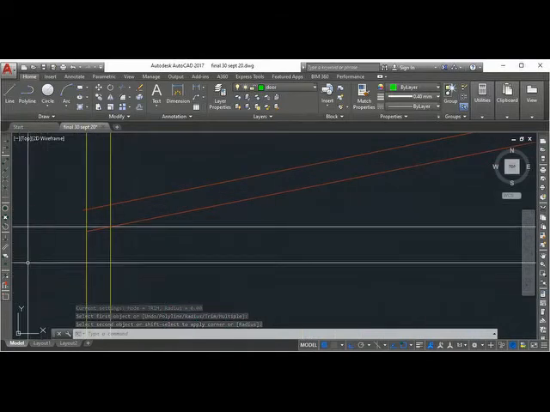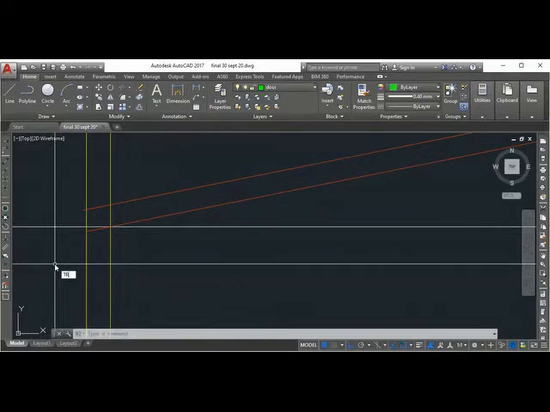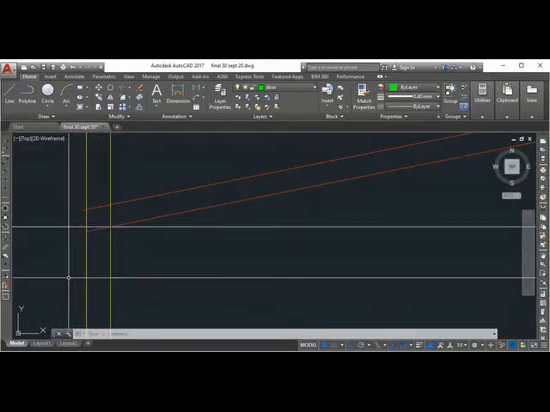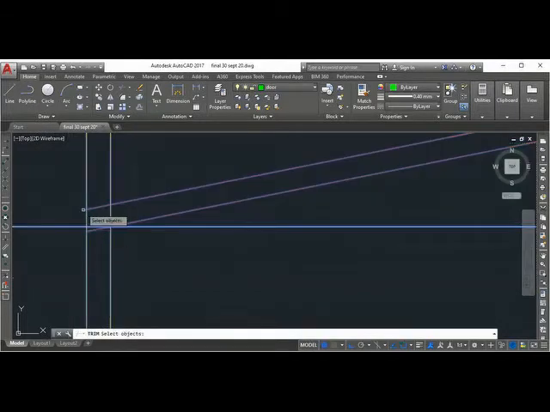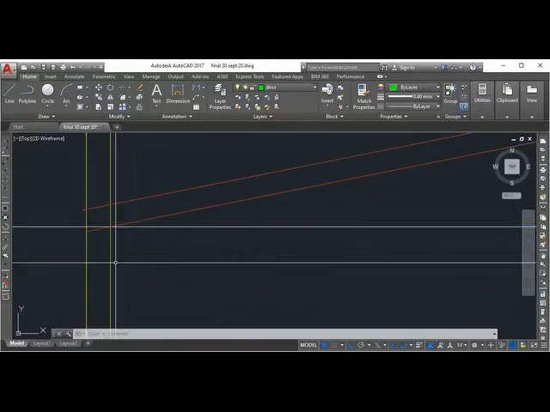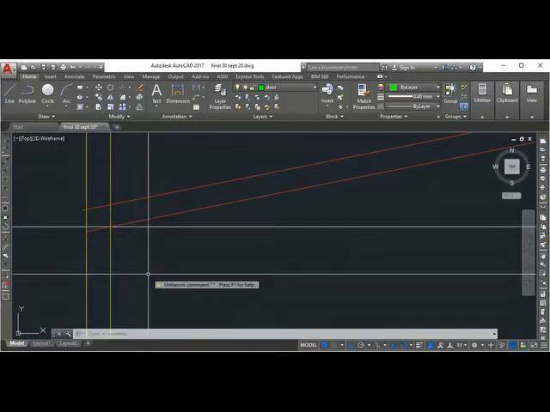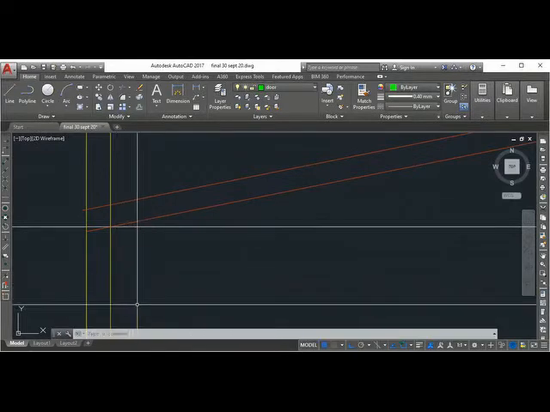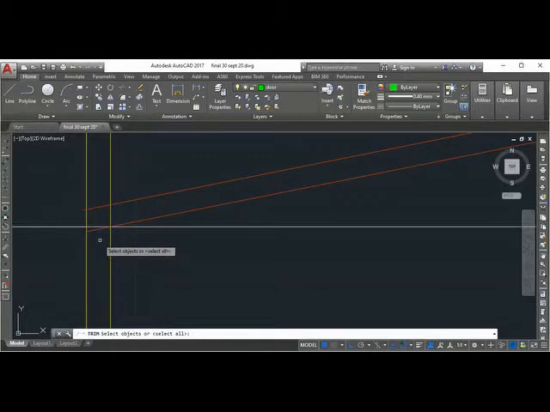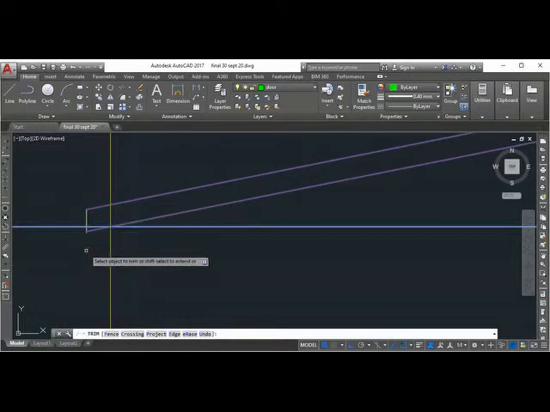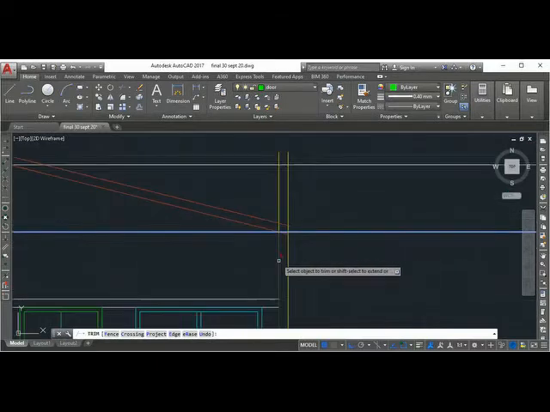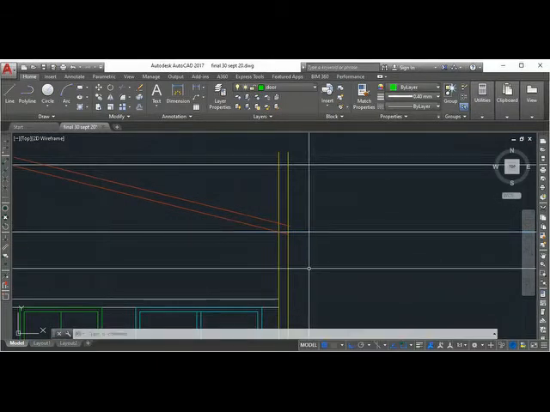Here I can use trim command. Trim. So to just trim these lines.